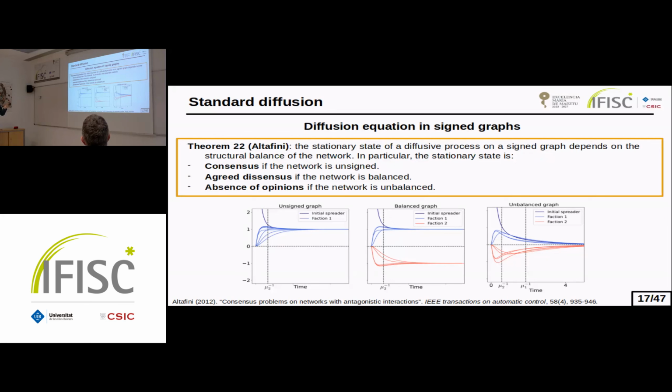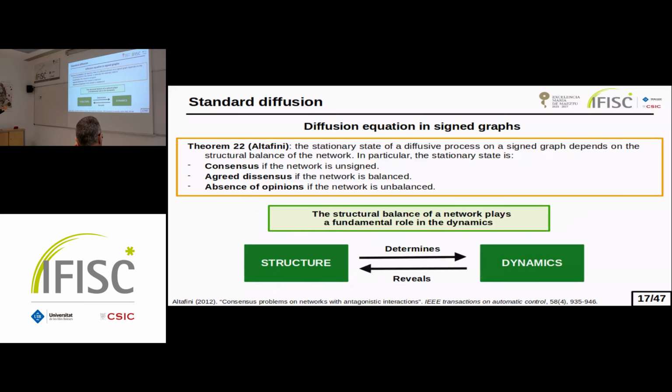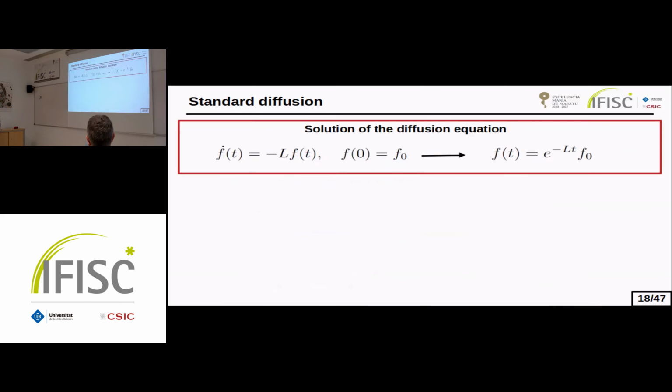This is quite remarkable because this happens depending on the structural balance of the network, even though when we defined the signed Laplacian, we did not impose any properties related to structural balance. So this is a clear example of this general principle in network science, which is that the network structure has a very strong effect on the dynamics taking place on it, and conversely, the dynamics can be used to extract information about the structure. Now, from now on, we will focus on the solution of the diffusion equation in a particular case, which is the one-dimensional chain.